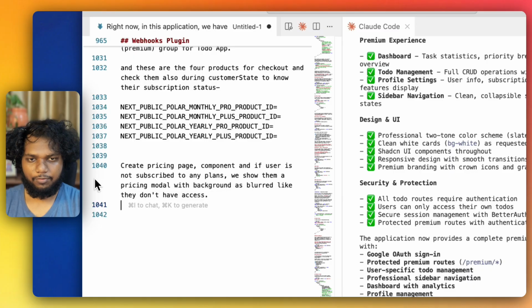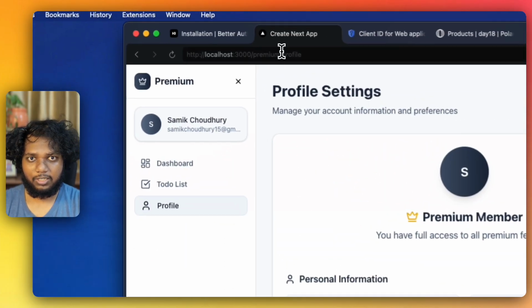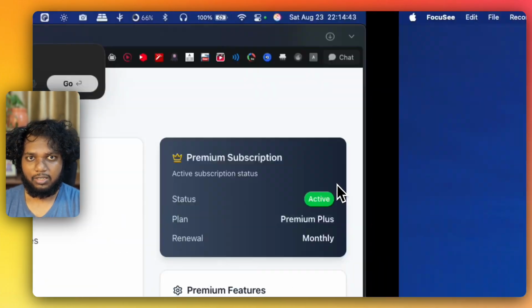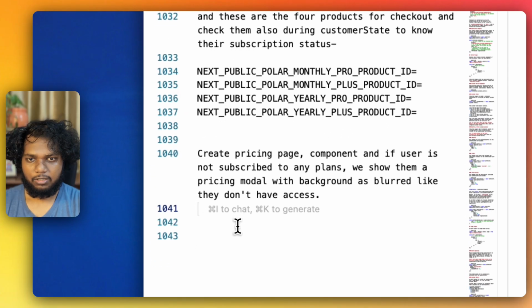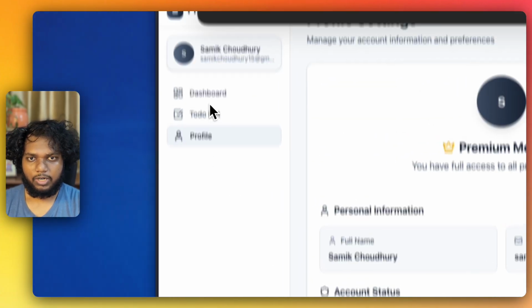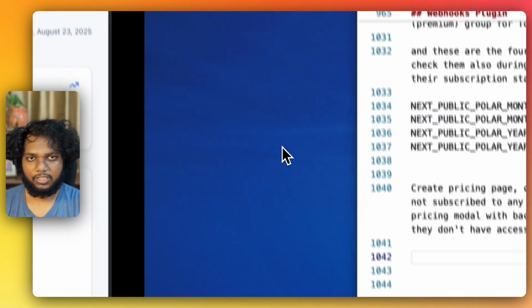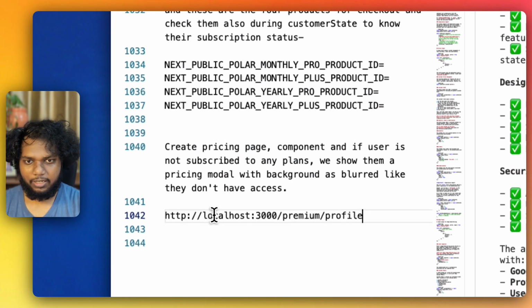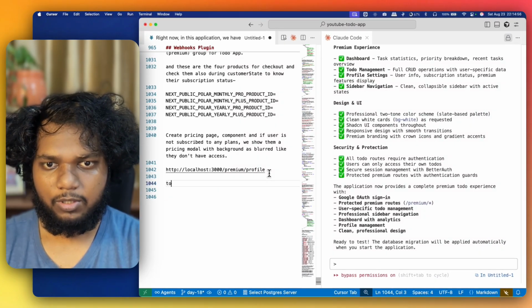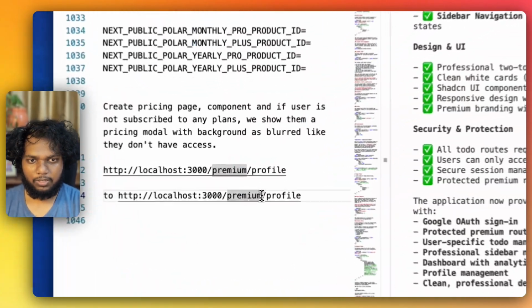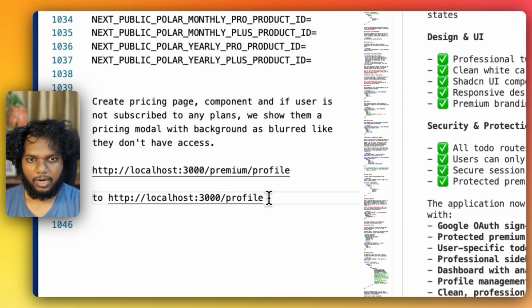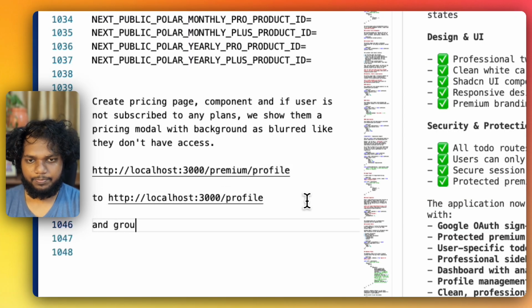Again, we will see what route we are in right now. So you can see I'm in premium profile. So I will just say, okay. Right now, if I go to to-do list, it is again a premium, and if I go to dashboard, it is a main premium. I will say change this premium to this one, and group all premium pages under premium,